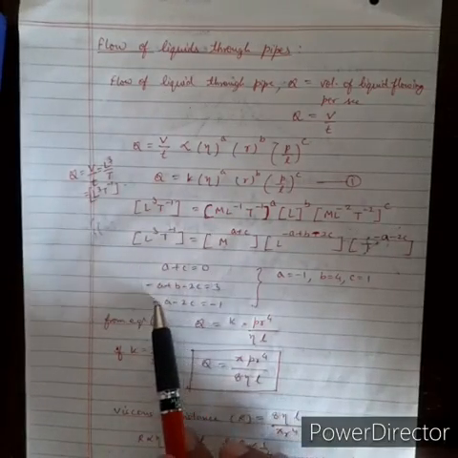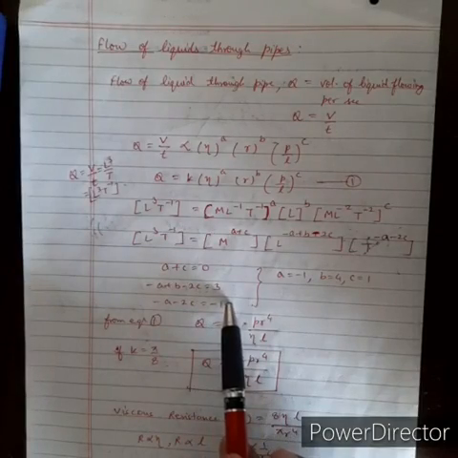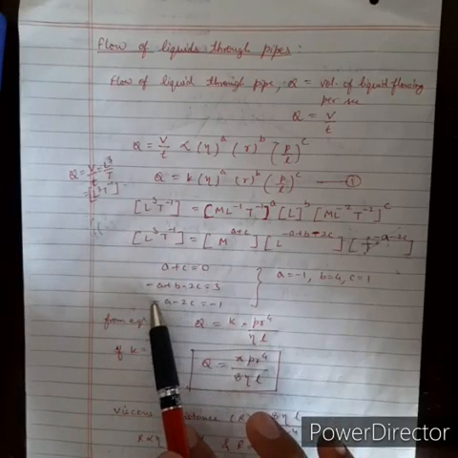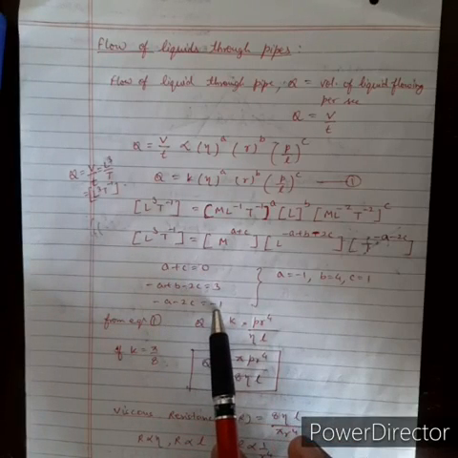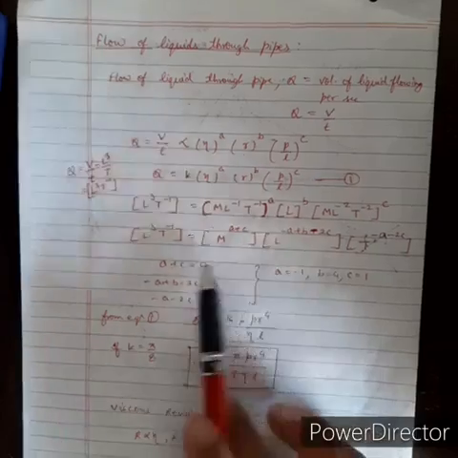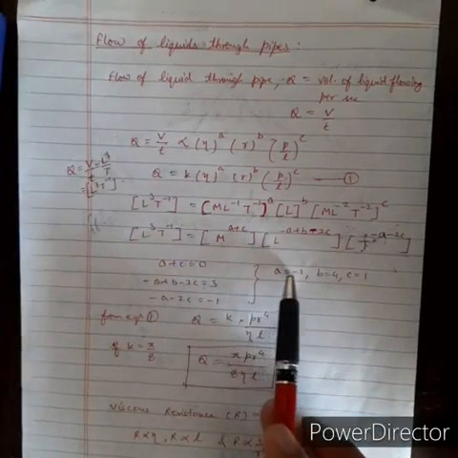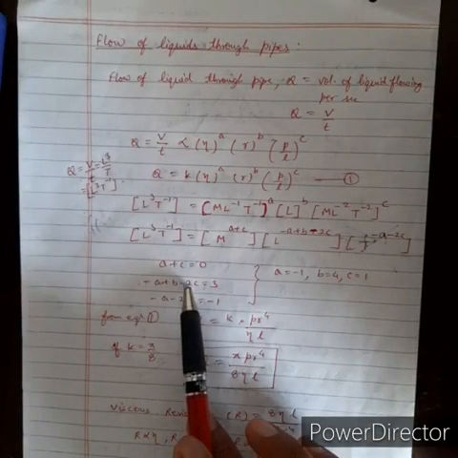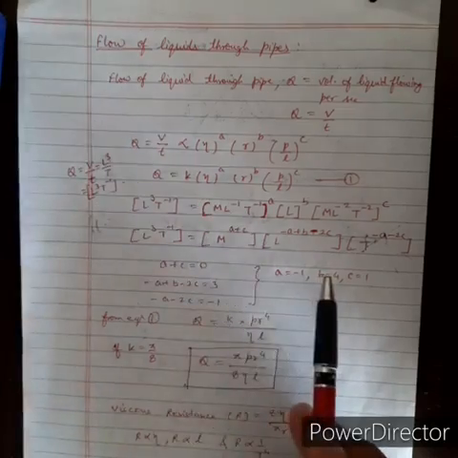a plus c is equal to 0, and minus a minus 2c is equal to minus 1. If you add these two equations, 1 and 3, a and a will be cancelled, so minus c is equal to minus 1, and you will get c is equal to 1. Substitute this c is equal to 1 into the first equation, you will get a is equal to minus 1. Then substitute the a and c values in equation 2, and you will get the value of b, that is 4.